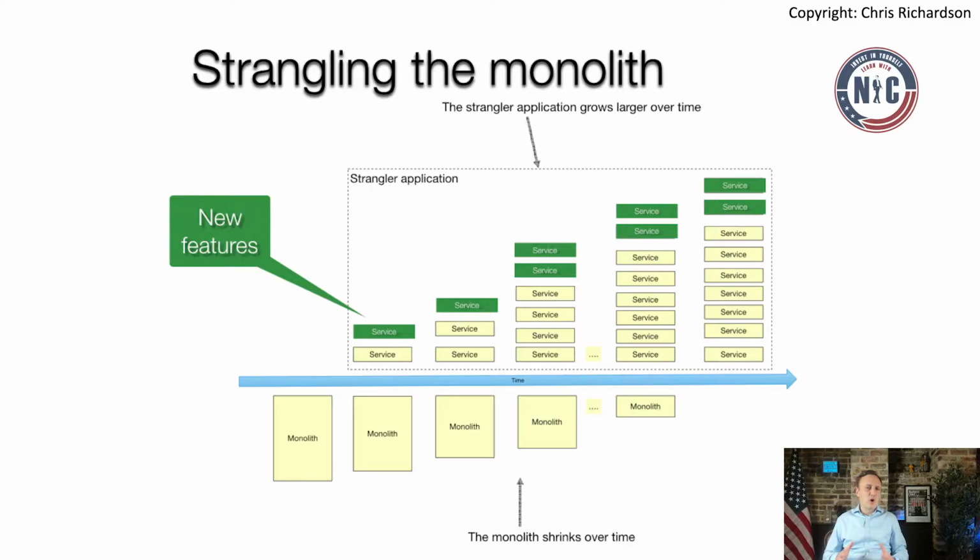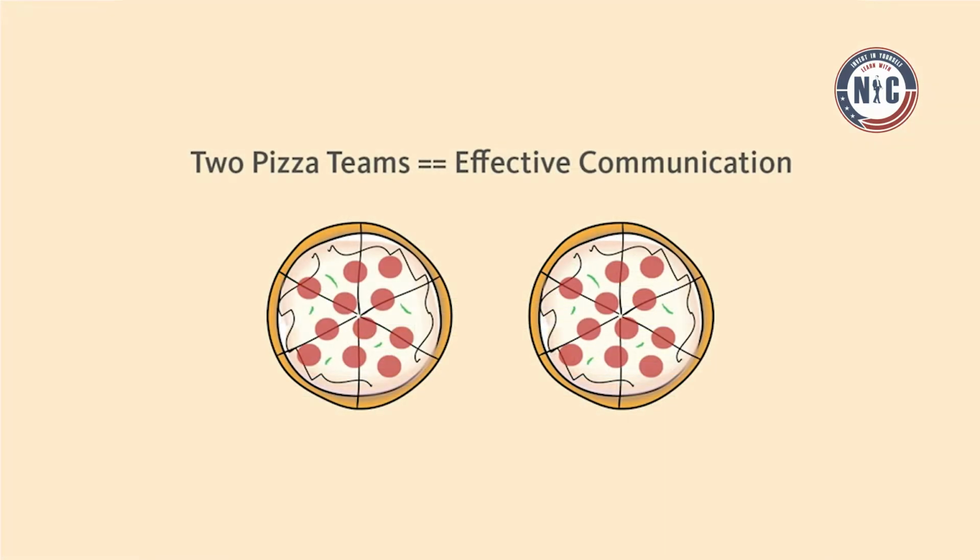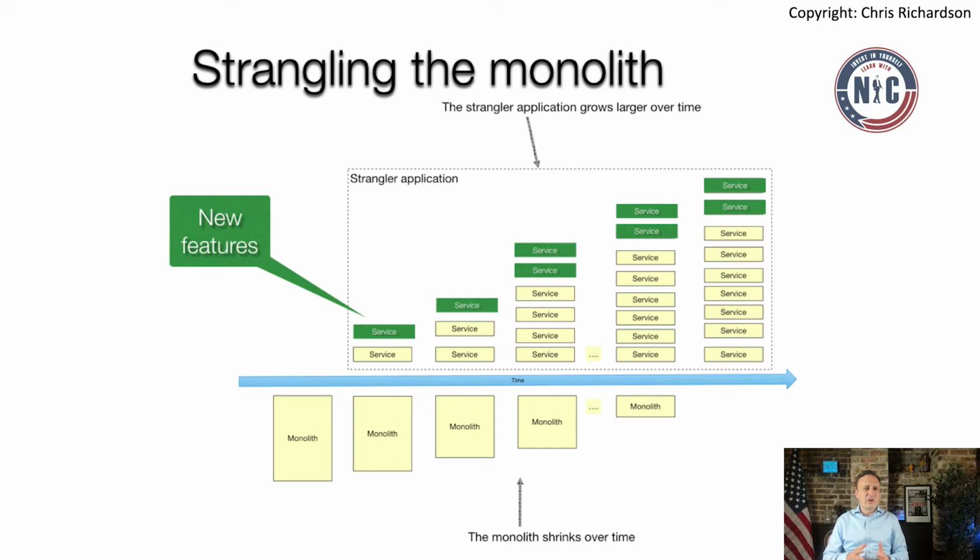Let's say you want to take that legacy and turn it into microservices. You're going to start strangling by effectively cutting into domains and then assigning each service to two-pizza teams, which you can feed with two pizzas. Each of these services now can be refactored, but how do you get started? You don't just pick whatever you like. You pick the first services to strangle by looking at what you want to improve in that service.